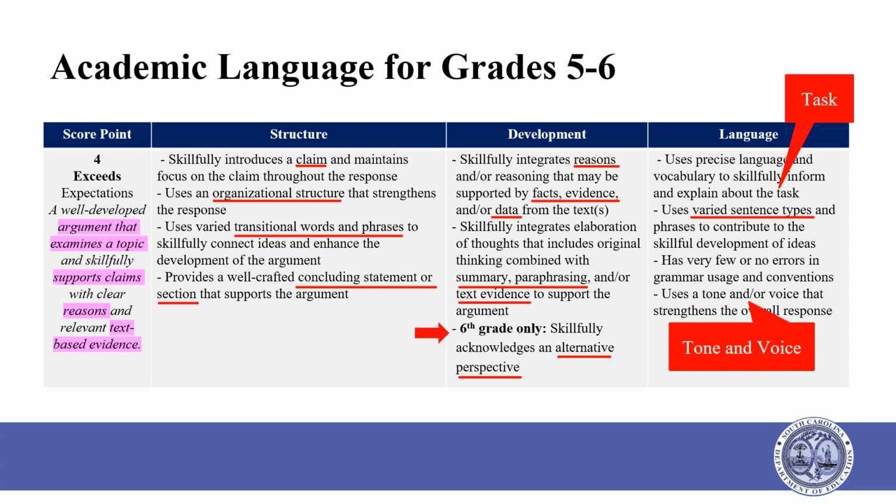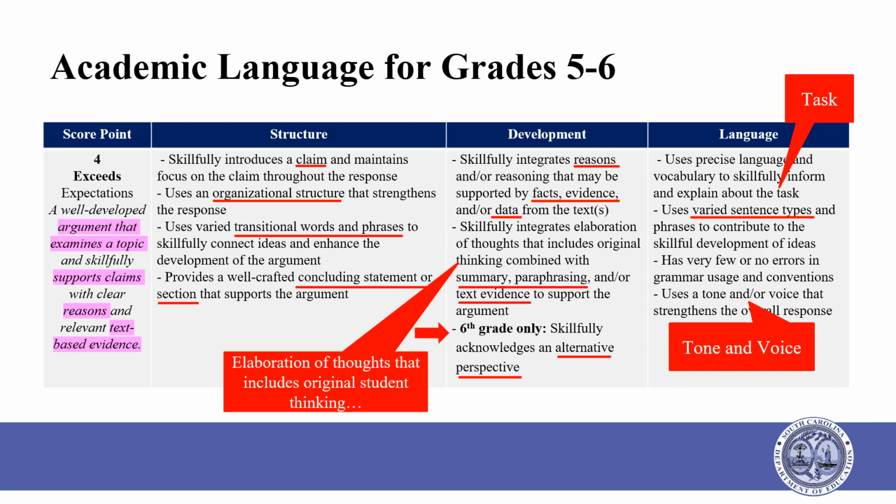Purpose in the 6th grade is in the 6th grade indicator, but is not named in the rubric. This is because the purpose of the TDW response for grades 5 and 6 is provided to persuade through argument. Argument is the mode of writing. Persuade is the purpose for writing the argument.